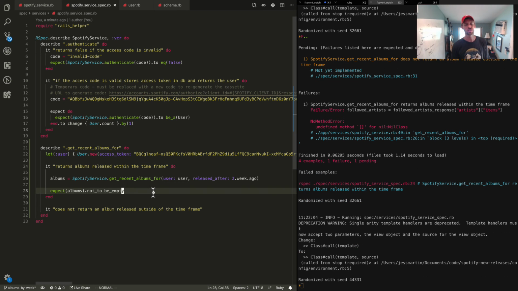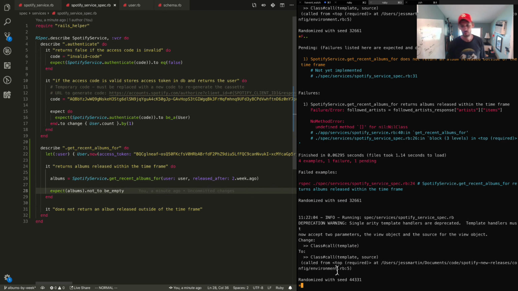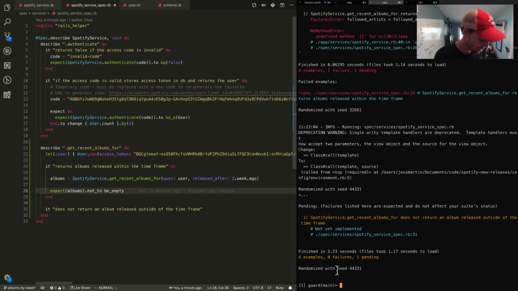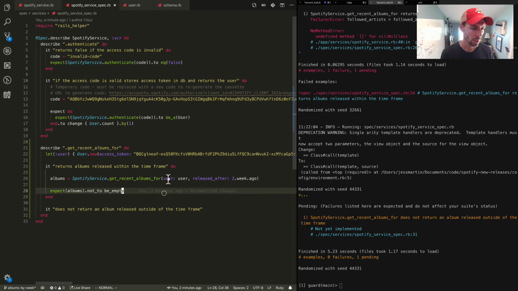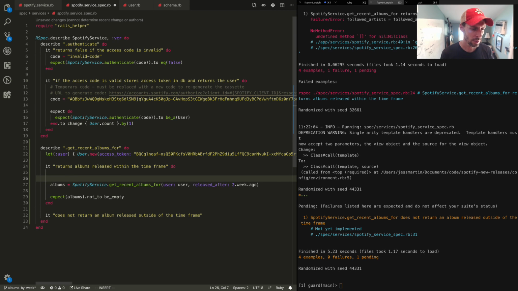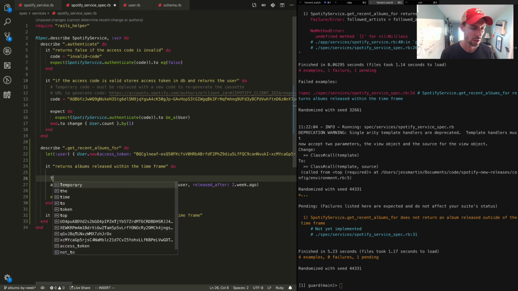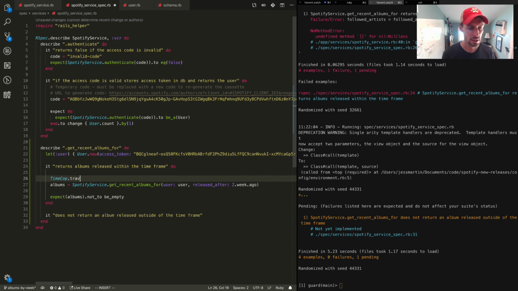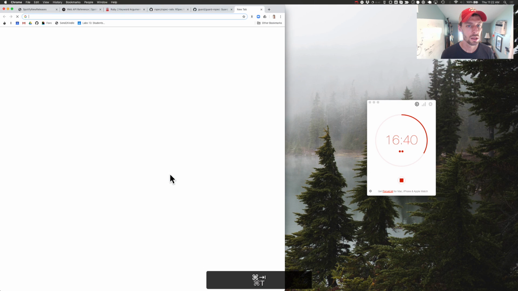Ooh, look at that, chugga, boom. This is why we don't want them to actually hit the API every single time, and we want to record instead of doing this thing. So what we're going to do is Timecop.travel, I believe, to today's date, and not Time.now. We're actually going to have to manually type in today's date and time,